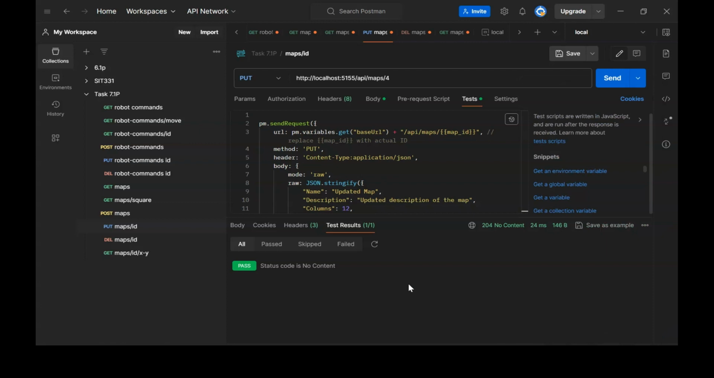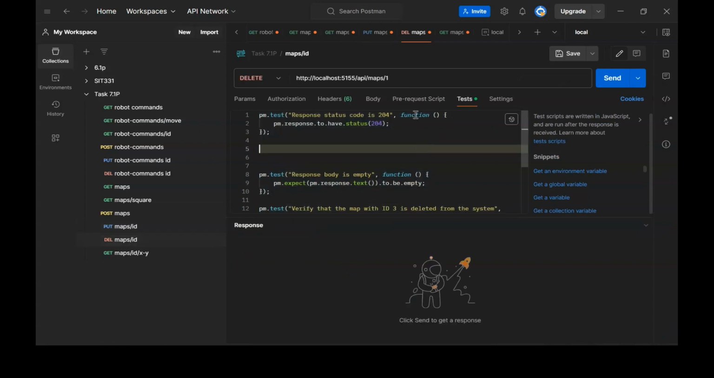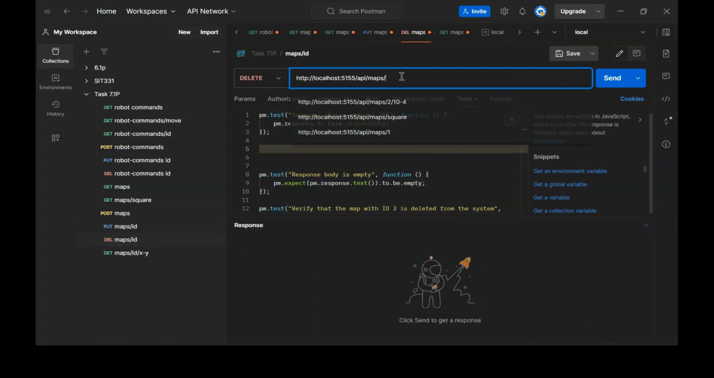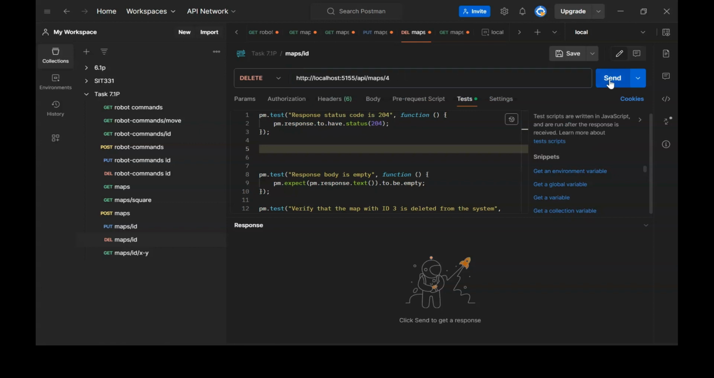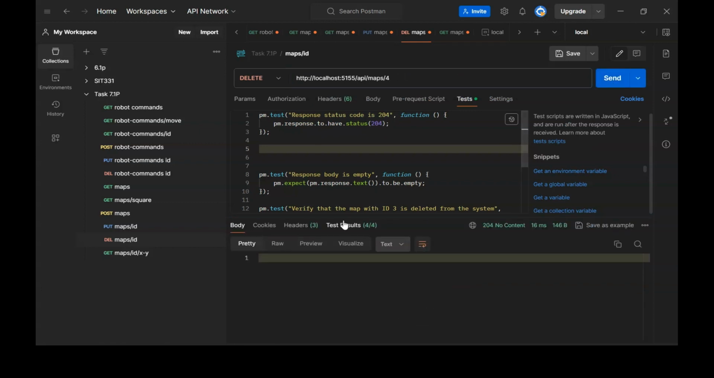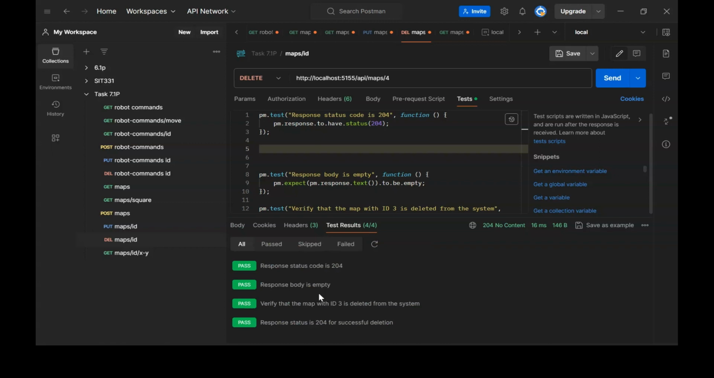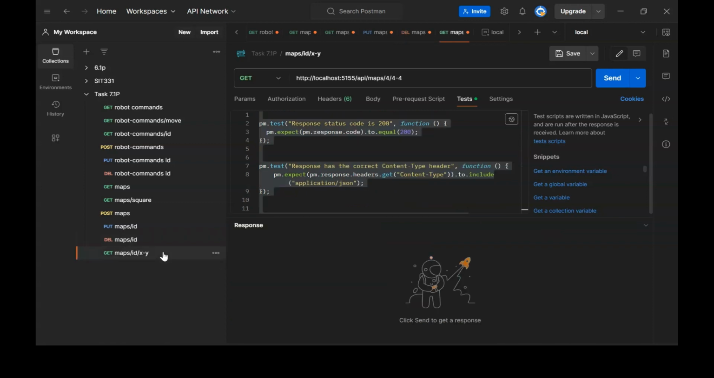Now it has also passed that it has no content, which means it is successfully done. Now I'm going to delete it, which is also showing all the tests successfully passed. That is, the response body is empty, verified that it is deleted from the system, the response status is 204 for successful deletion, and the response status code is 204. Moving on to the last one,